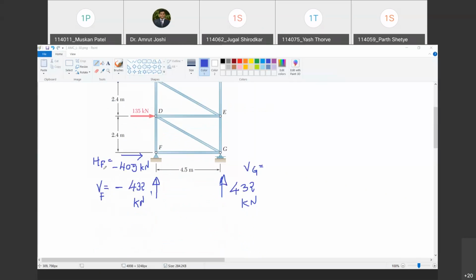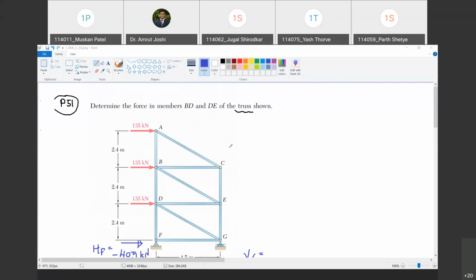We have to understand that once the free body diagram is drawn and all senses are assumed, we are not going to change the sense. If the actual sense of the reaction or a force is contrary to what we have assumed, we are simply going to assign it a minus sign and take it with the minus sign in our calculations. Are you with me? Yes, sir. We are not going to modify the free body diagram. Okay. So the first step is over, and now what is asked?